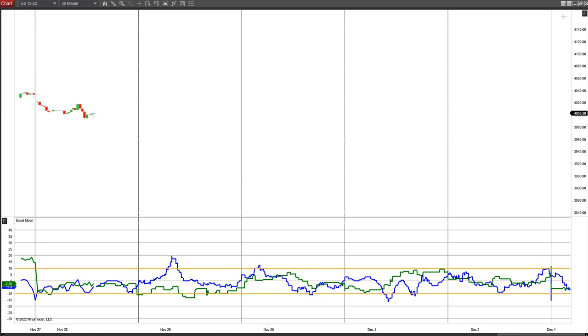Looking at the Astro Excel chart for the week, the setup is we've moved from above the 10 line on Friday and we're opening just inside the minus 10 line last night and into this morning. You can see the market traded down overnight with that weekend negative pressure. Now for Monday and Tuesday, we're staying below the zero line, so we're going to have some slightly negative pressure, even though the green line and the blue line are pretty much flatlining all through the day today